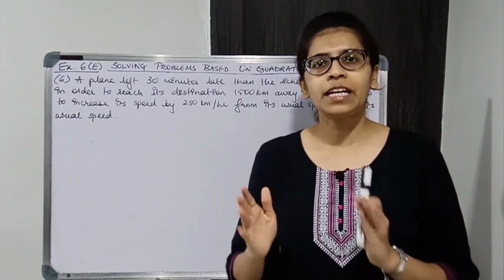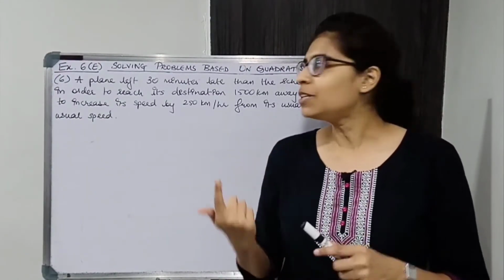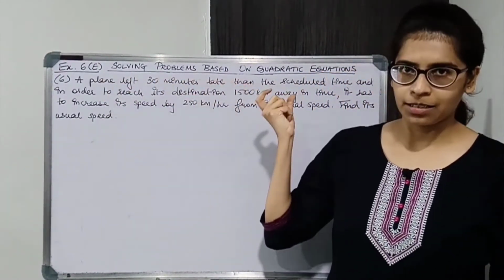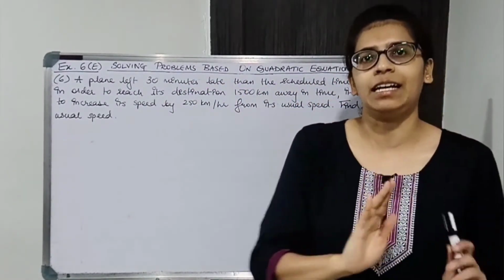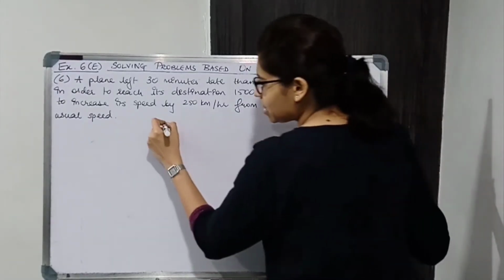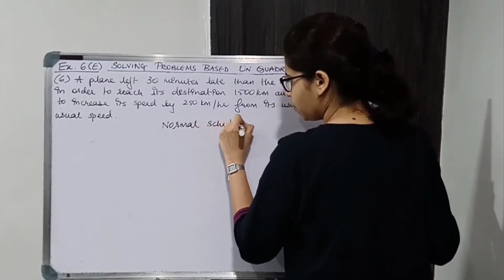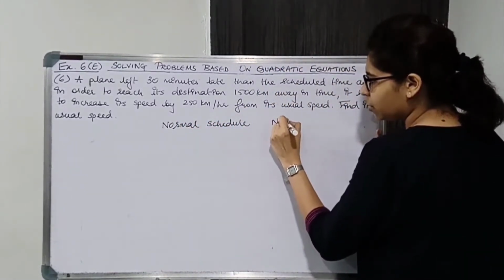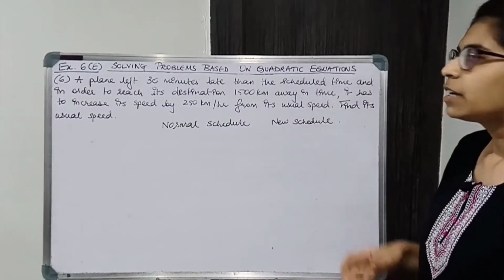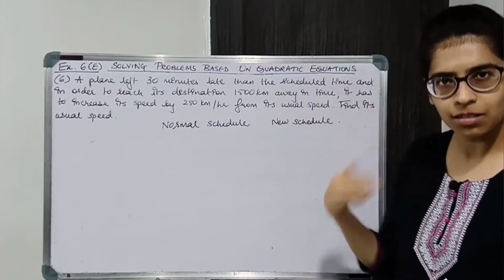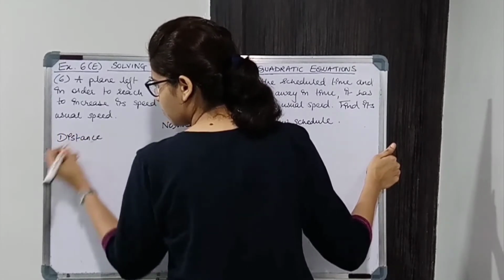So there is a plane which goes with normal speed, that is its normal schedule. Now this time it is late, it is leaving 30 minutes late. So there are two schedules, one is the normal schedule and the other is the new schedule, where the plane is late. So we'll consider two cases. One is the normal schedule that it follows and the other is the new schedule where the plane is late. Now again we'll consider distance, speed,